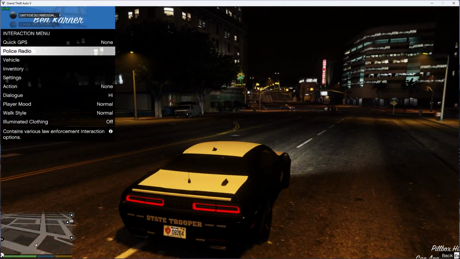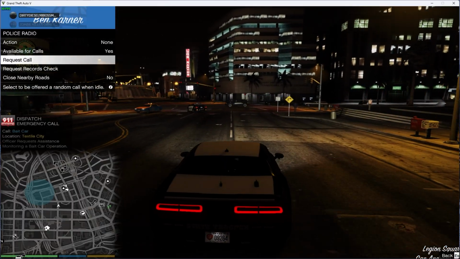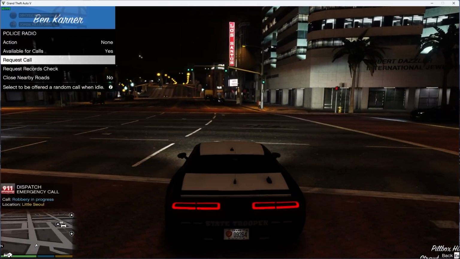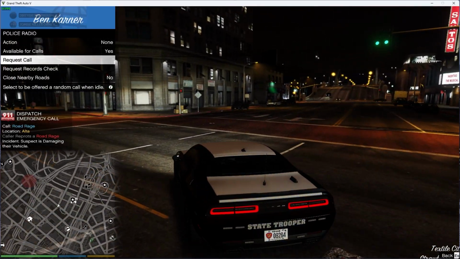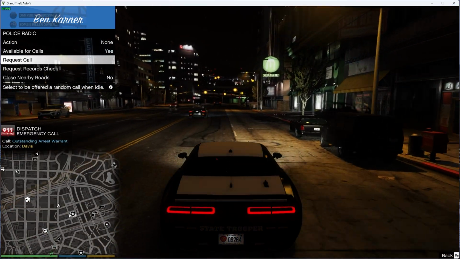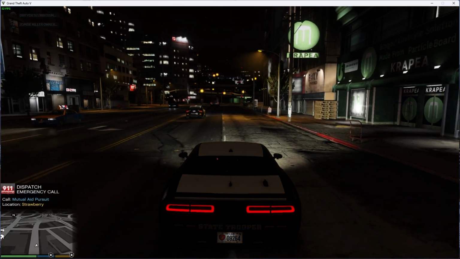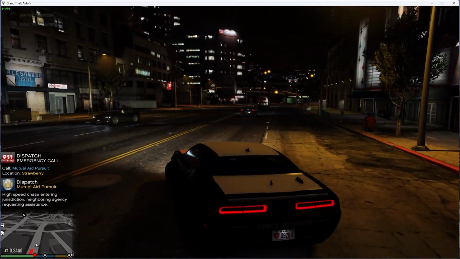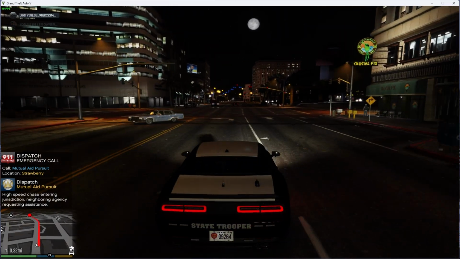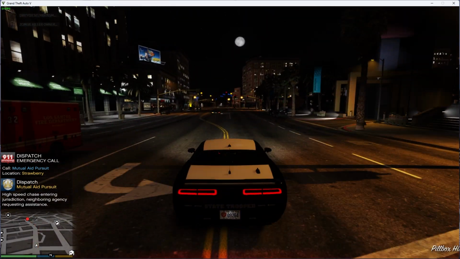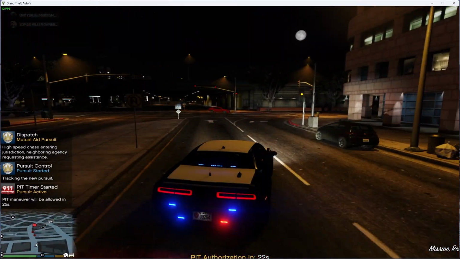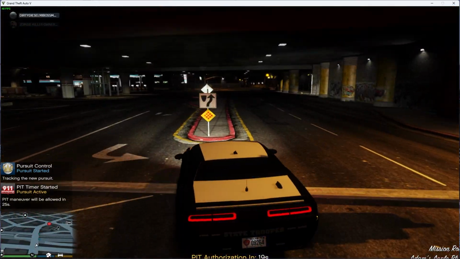We'll take one more call out, and I think we're going to call this an episode, guys. We have an officer in need of assistance. Please respond. We have reports of malicious damage to a vehicle in the area. All units, please respond for a mutual aid pursuit. Respond code 3. All units, officers need assistance in your area. Copy that. On Strawberry Avenue. I ain't running from a kitty. As you can see, all the call-outs are